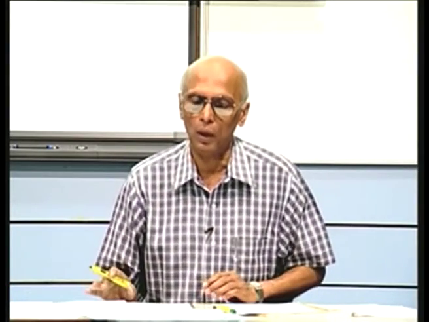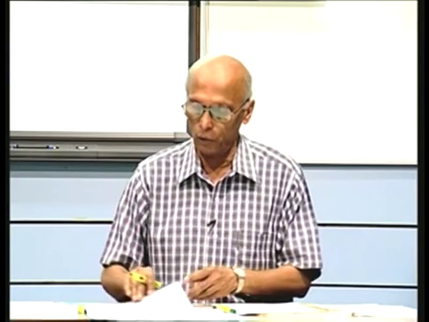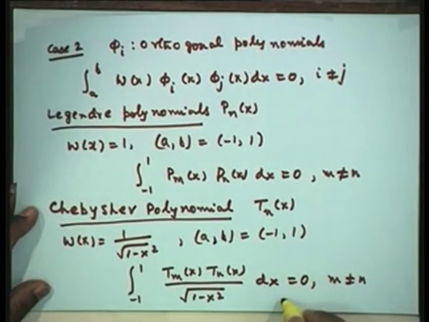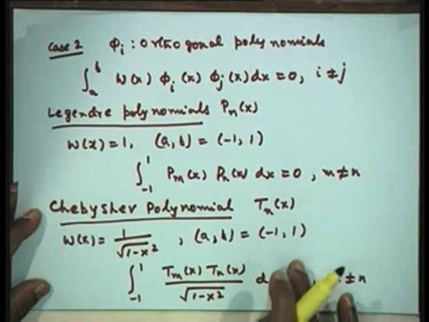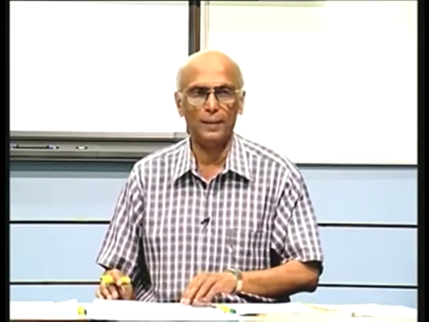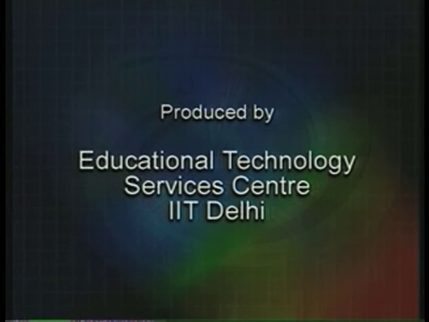So, the use of the orthogonal properties in the least square approximation is very useful, and in particular if you have a continuous function, the values of these integrals are available for us when m is not equal to n, and we can straight away use those properties of the orthogonal polynomials to arrive at the approximations. So, we will take the example next time.